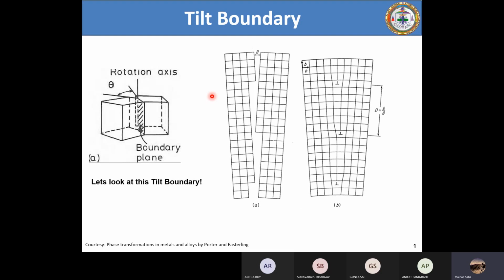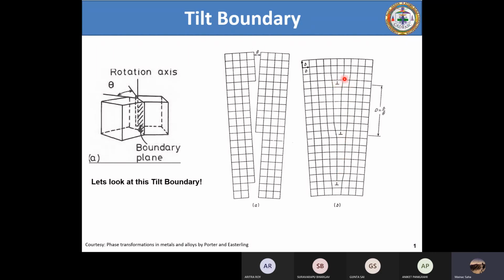Even the other diagrams, like the TTT diagram, that is the transformation temperature diagram, or the continuous cooling transformation diagram, the CCT diagram, won't be able to accommodate any defect concentration in the microstructure at all. For example, if there is a defect concentration at a grain boundary, and here, suppose now you look at this. I will explain this in a short while. Now you look at these defects.